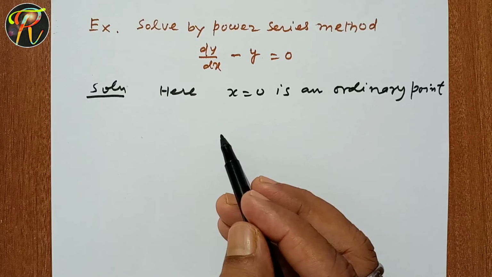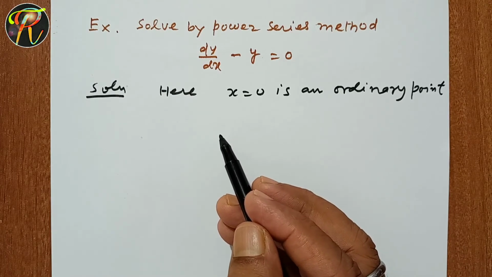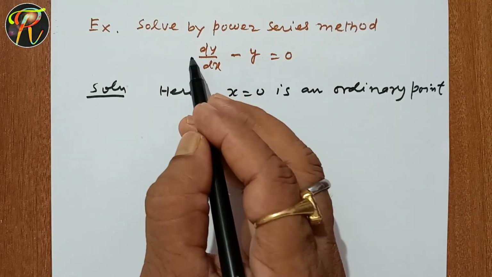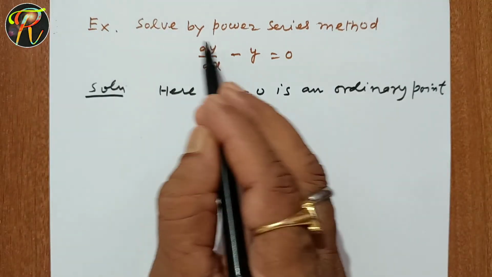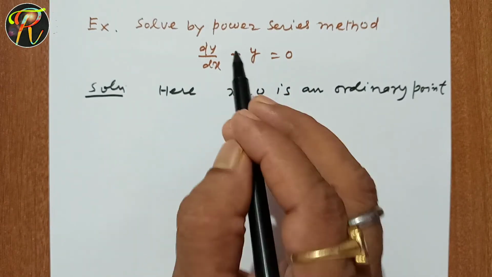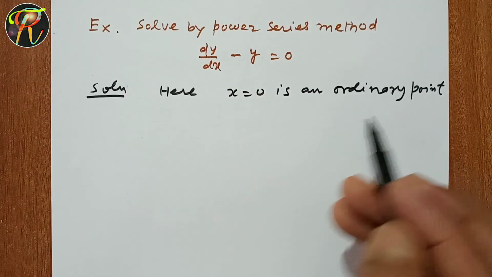As we explained before, how do we check? If we put x is equal to 0 in the coefficients of dy by dx and y, and we get a finite number, then this is an ordinary point. Therefore,